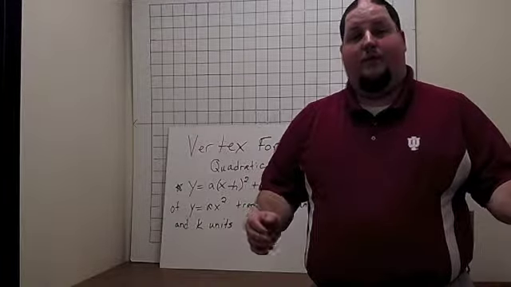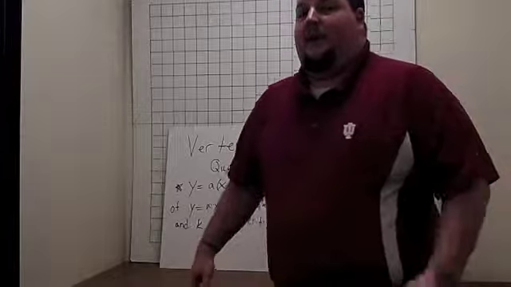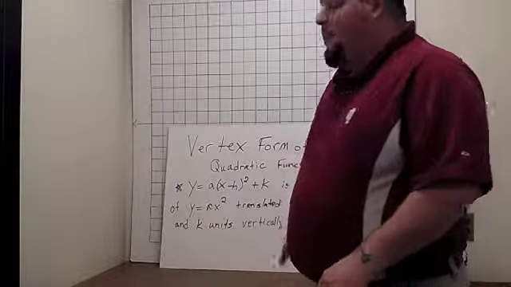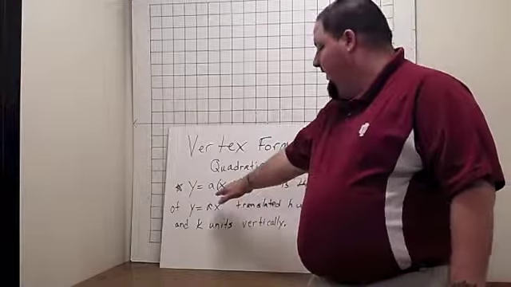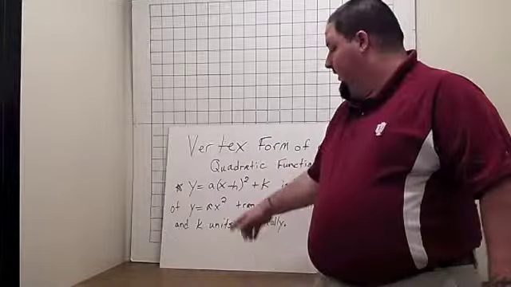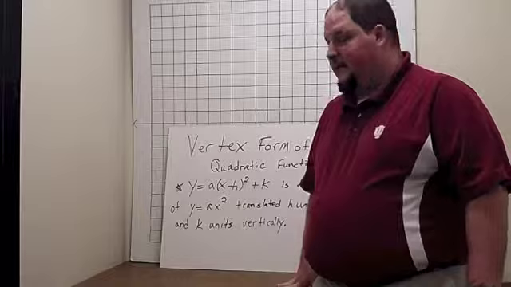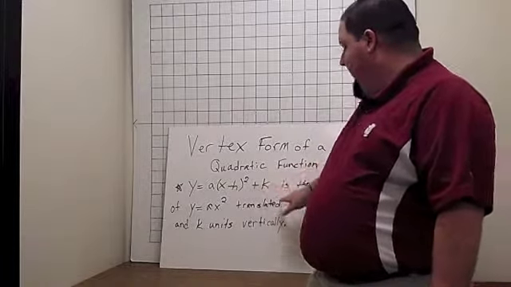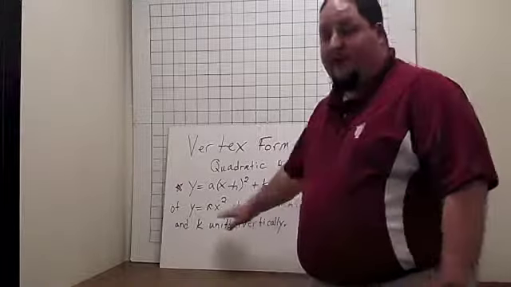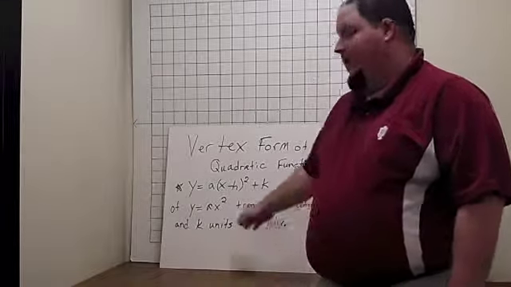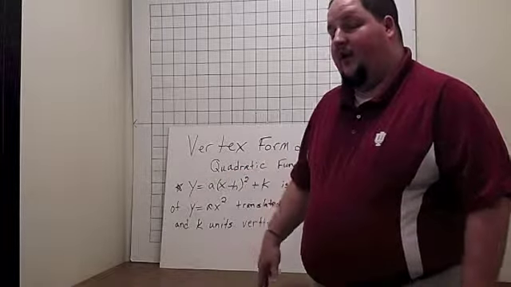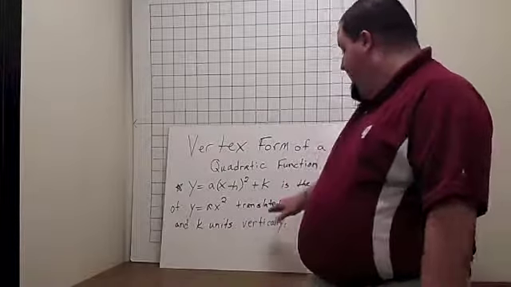All right, it's like you moving on a dance floor. The way we do that is using vertex form. The vertex form of a quadratic function is y equals a times the quantity x minus h squared plus k. And this is the graph of y equals a x squared, and again a is the coefficient of the quadratic,